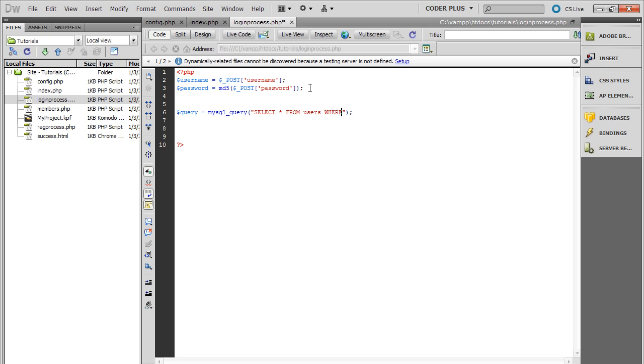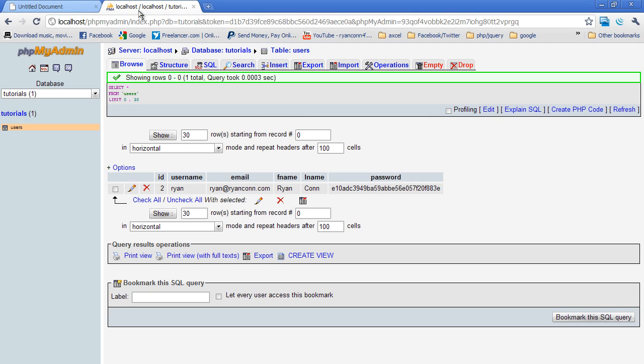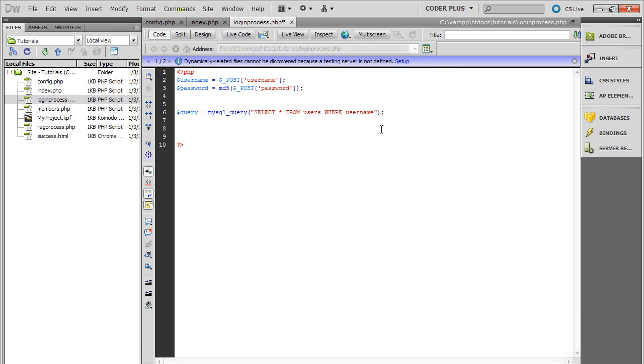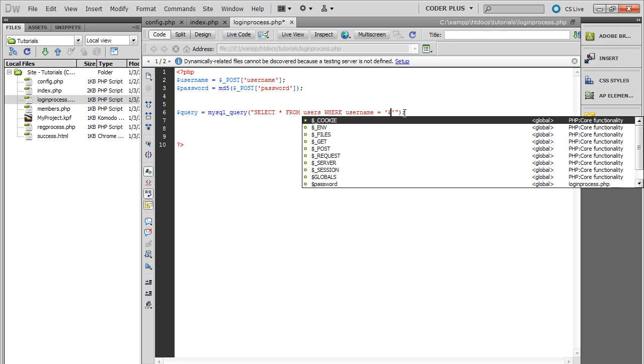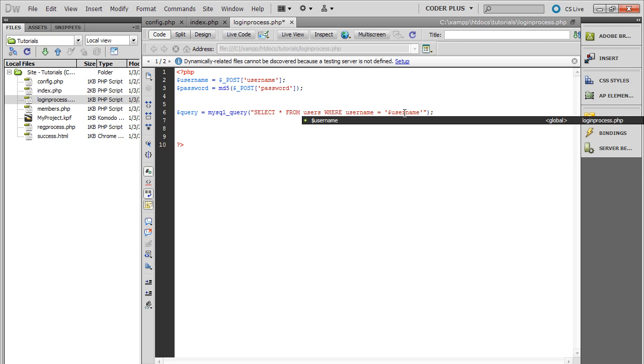and where the username, which is the column I named, if you're wondering where that's coming from, the username column, and now I'm going to use the password column. So where username equals, sorry about that, and where the username equals the variable username,